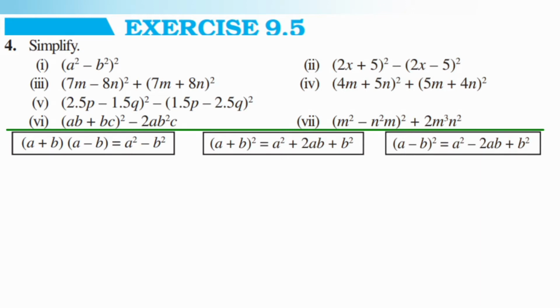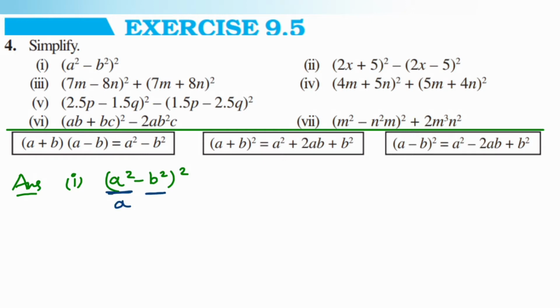So simplify. The first one is a square minus b square whole square. Okay, let's write down what we know from the question. So a square minus b square, and it's again a whole square. So it's like a minus b whole square. We have to use here the second identity, that is a minus b whole square is a square minus 2ab plus b square. But here be careful, in place of a we'll take a square, in place of b we'll